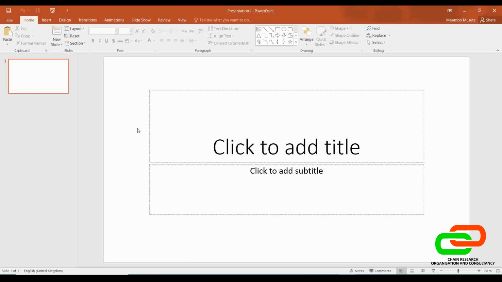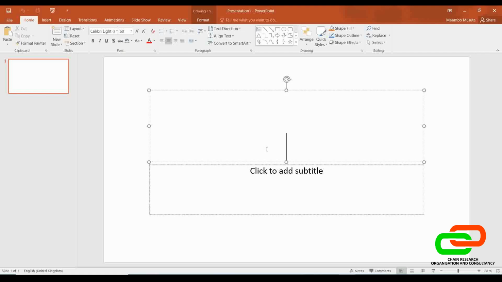So by default, the first slide of Microsoft PowerPoint is always the title slide. As you can see here, it says click to add title. So I'll click here and insert what my title will be. When I left click here once, the cursor comes there where I can type, and I'll say my